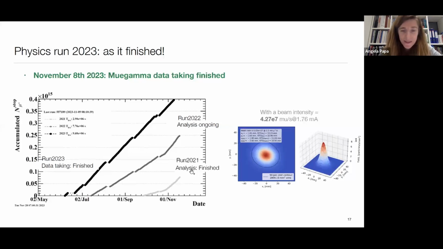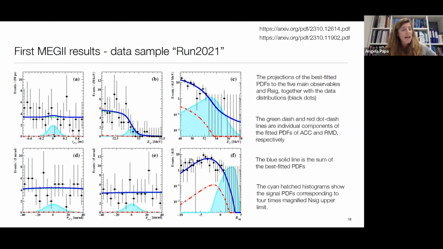And the other good news was actually we managed to finish the analysis of the run 2021. So then let's go a bit more into the details about this point, because we looked at the data and then we released our result already on arXiv. And here you can see the 5 kinematical variables that we used for searching for the mu gamma decay,